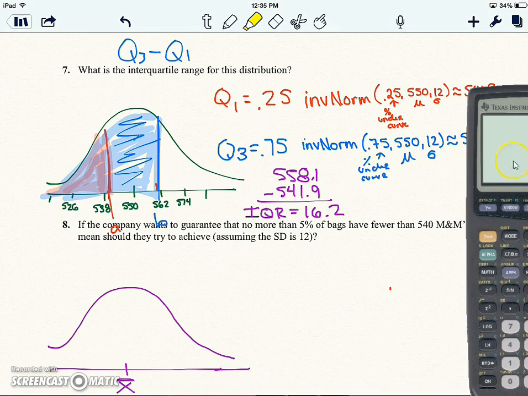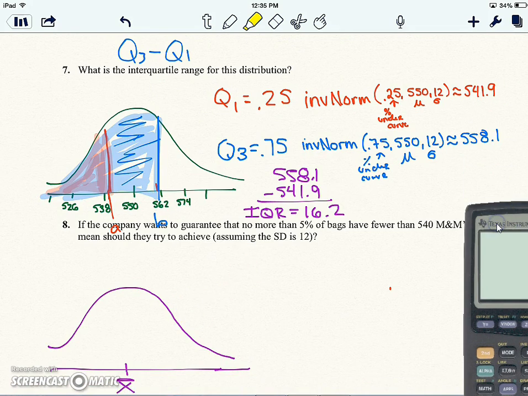So what I did, I typed this in the calculator and found out that my lowest cutoff value right here is about 541. And my Q3 cutoff value is about 558, right there. And so for Q3 minus Q1, we have an IQR of 16.2, which makes sense because if you think about it,